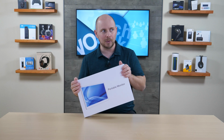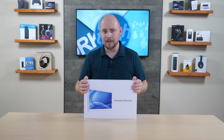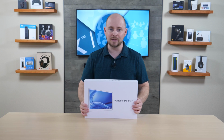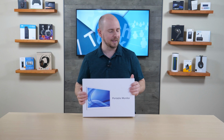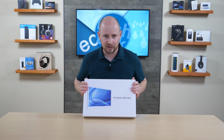So they call it portable because, you know, that's the whole point. It's thin, it's light, it's small. You can slide it into a backpack alongside a laptop, and it's part of your portable rig. So you get a second or third screen for your laptop, depending if you get two of these or just one. But this is their 4K model,